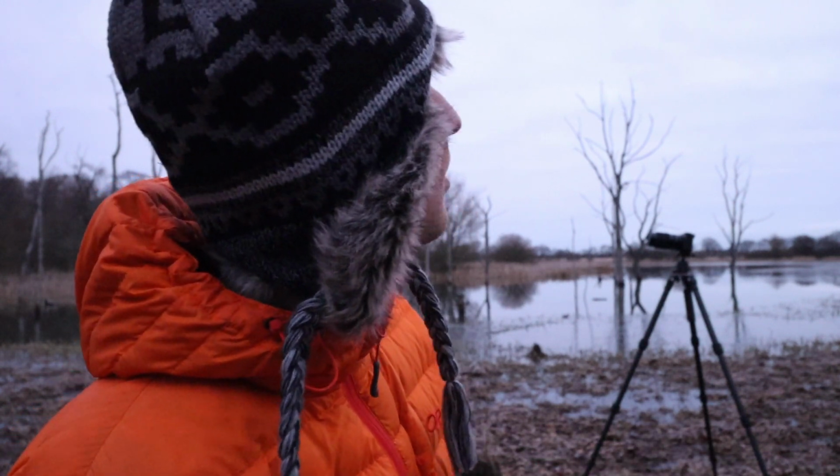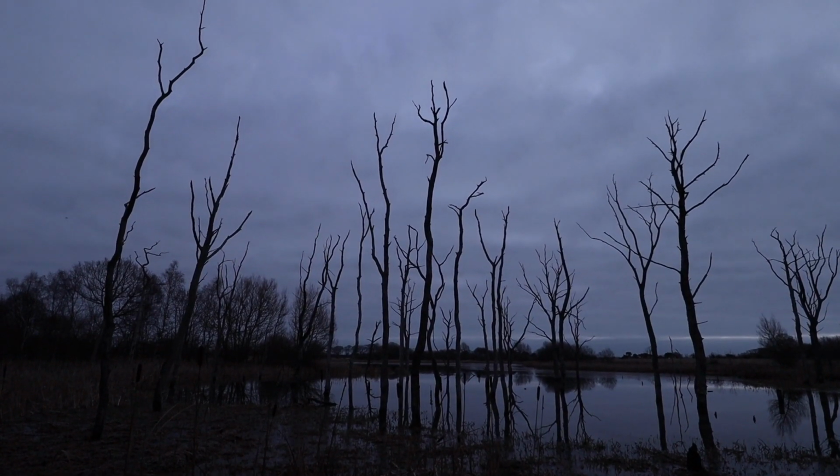The light's not looking good. There's a lot of cloud, very grey skies, which is a shame because I was expecting a blue sky morning. It's forecasted with bright sunshine, but that's difficult to predict when there's high pressure. Difficult to predict where the cloud's going to be. Unfortunately, the cloud is right over me, so we're not going to get any light this morning,